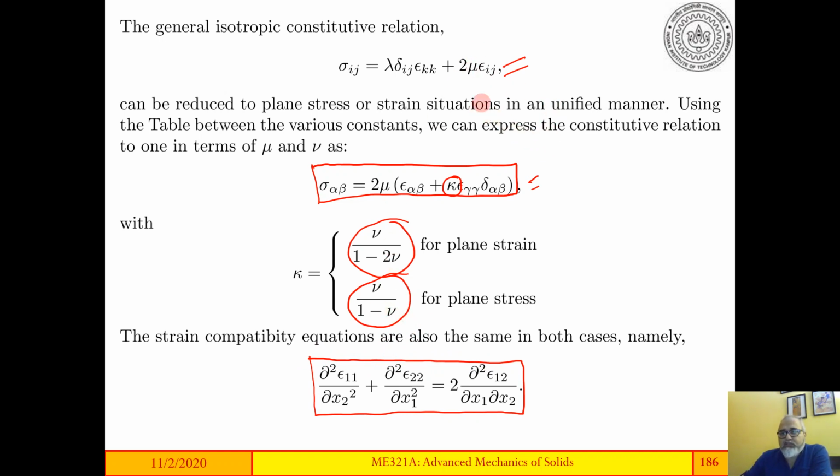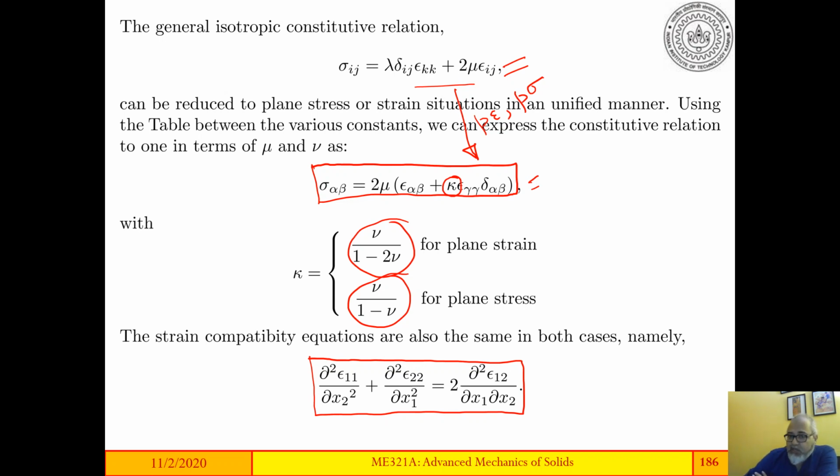So from here, please try to derive this for plane strain as well as plane stress. And you need to remember this. This is a very, very important relation that we'll make use of. Okay, so plane strain and plane stress are similar,